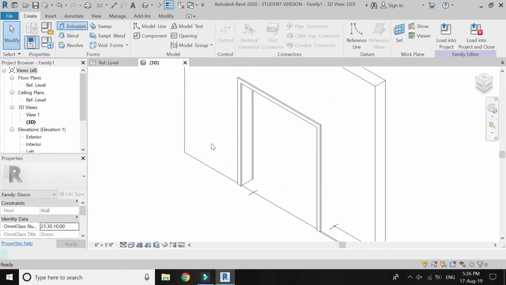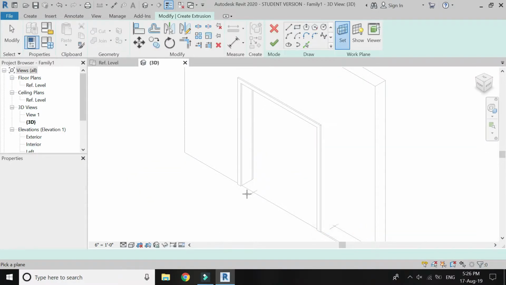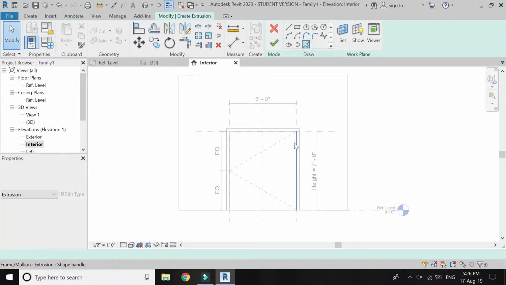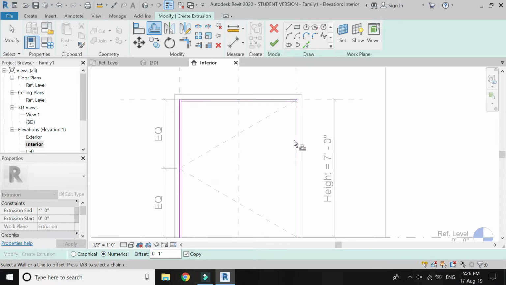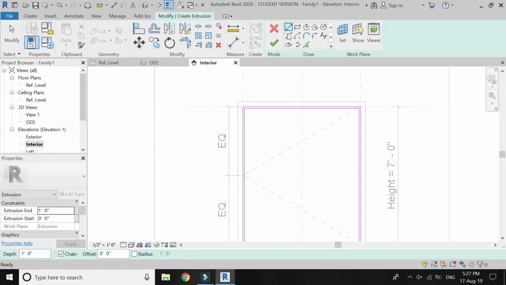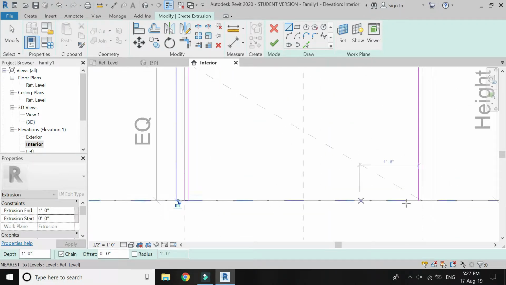In the create panel, click on extrusion, set the reference plane to this frame, go to interior mode and draw a frame for the inside area. Make an offset of 1 inches on these 3 sides, fillet the edges. Close the frame